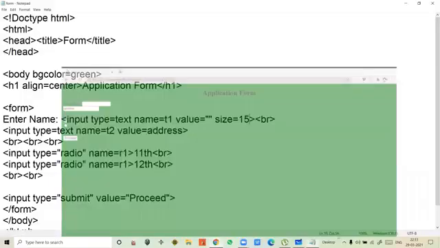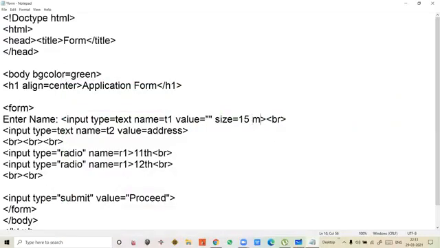To see this, maximum length. Max length is equal to, I'm giving, just see this.